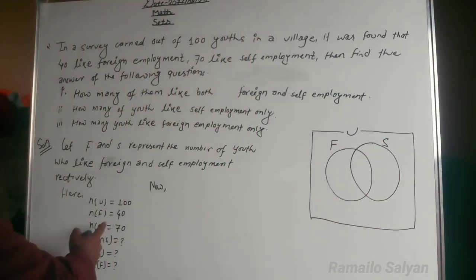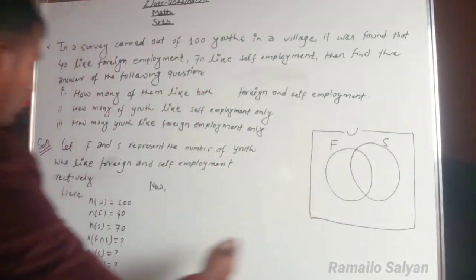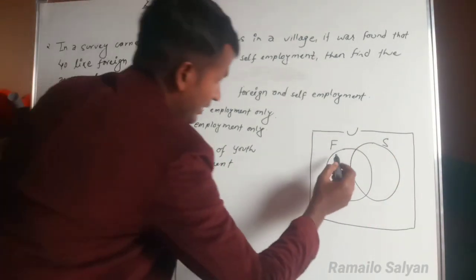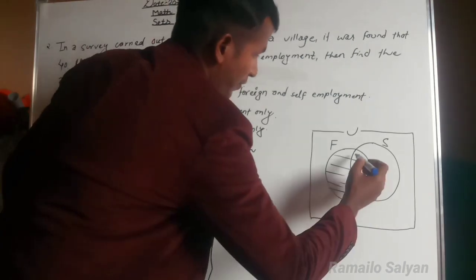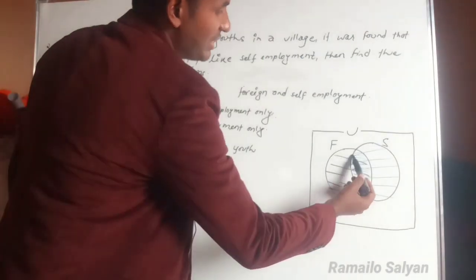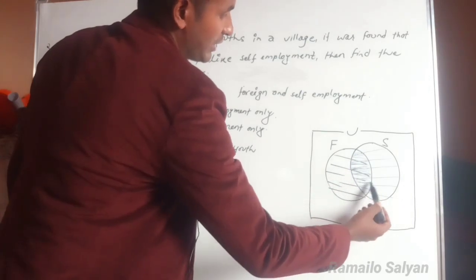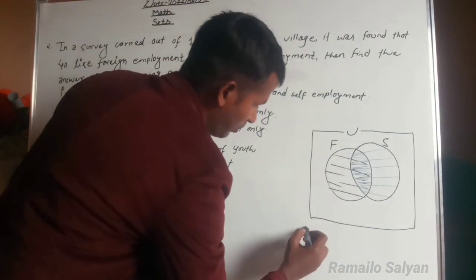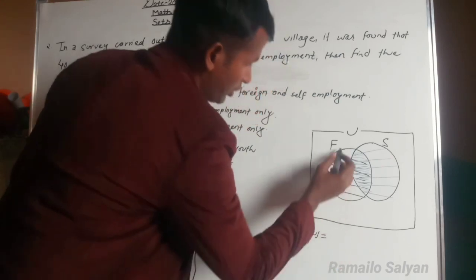In this question, the number of U is given, which means the whole region is given. The number of F means this region is given, and the number of S means this region is also given. Look at your screen. This is the intersection region of both the sets. According to the given, the number of U equals the number of F,